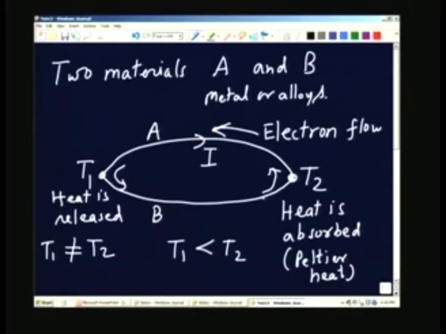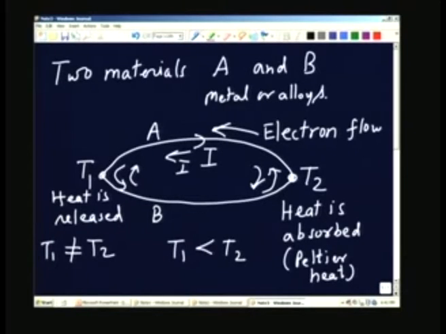So, if you have electrons crossing over from one material to the other material at a junction, the heat is absorbed at this junction, for example, and some heat is released at the junction with temperature equal to T1. Of course, if I reverse the direction of current, that means instead of this direction, if I change the current direction to this direction, the electrons will move like this, and the heat rejection and absorption directions will be interchanged. That means wherever heat was absorbed in the first case, it will be released there, and in the other case it will be rejected. Okay.